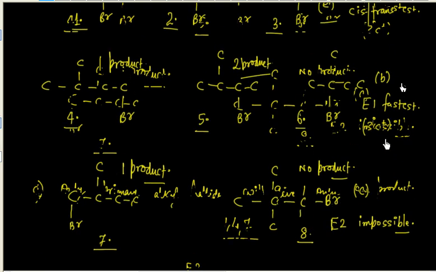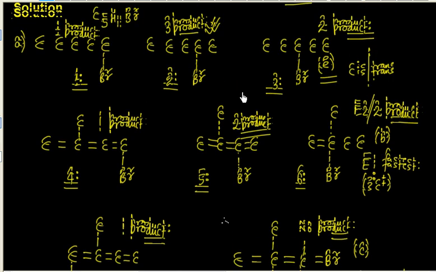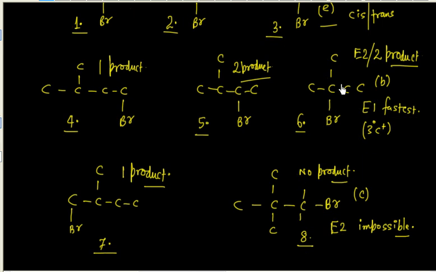And now in this case you will have E1 is the fastest. If I say E2, this side you will have 1, and this side you have 2, but it will not show cis trans. So for E2 there are two products. I'm only interested in E2 products. So this is the only thing that gives you three products. If I say E1, in this case E1 will also give you only one product, because the carbocation will not rearrange. So you will have either from this side or from this side, but this will not show cis trans isomerism.